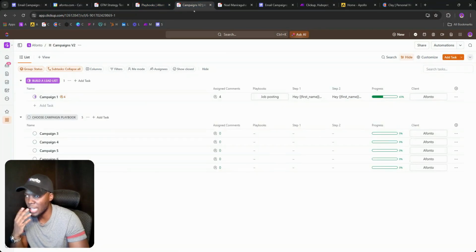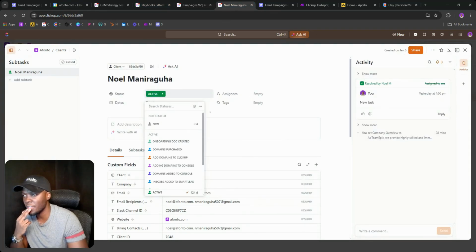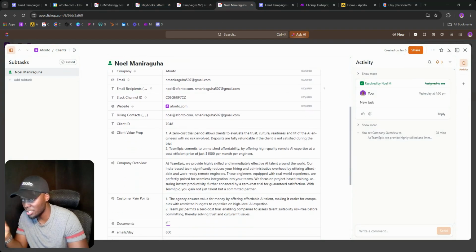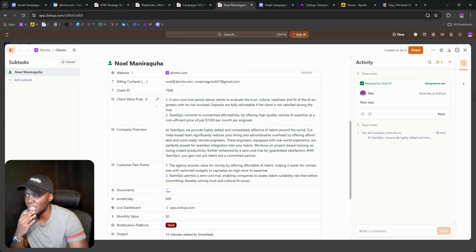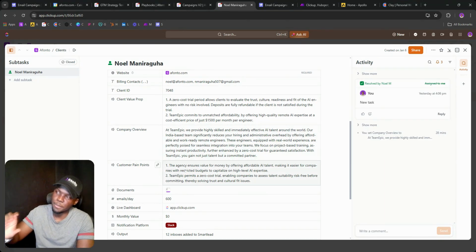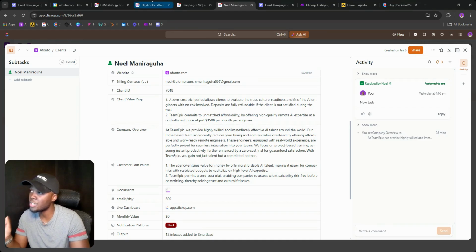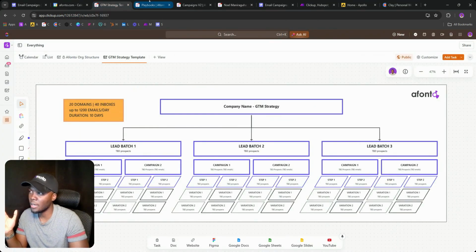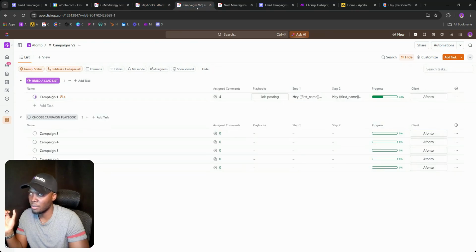But in addition to that, we're going to be sending them to Clay to ensure that we can do further research on their company, coming up with things like the value prop, the company overview, the customer pain points, all of this information, which we will then use in tandem with the playbooks to create